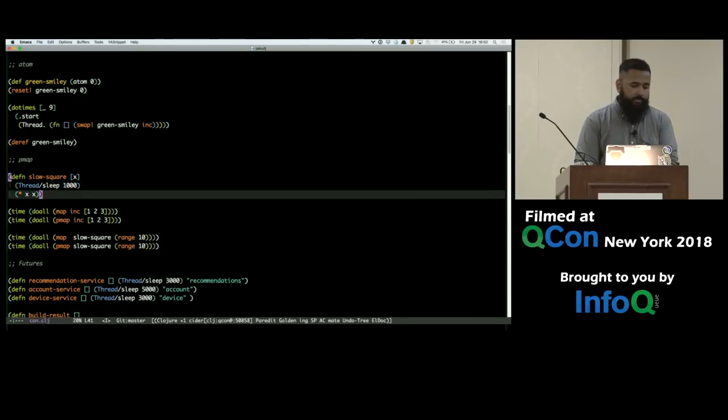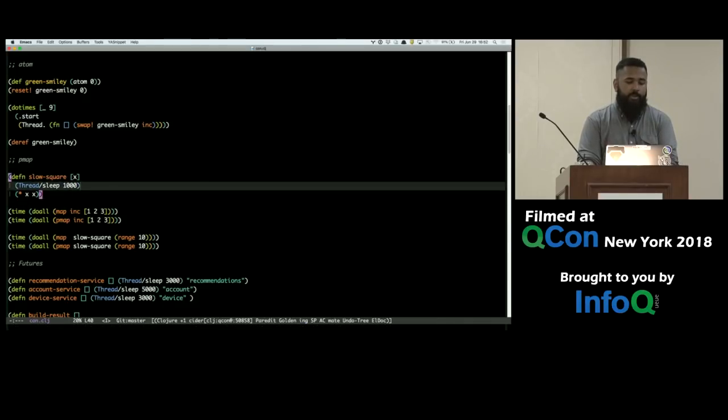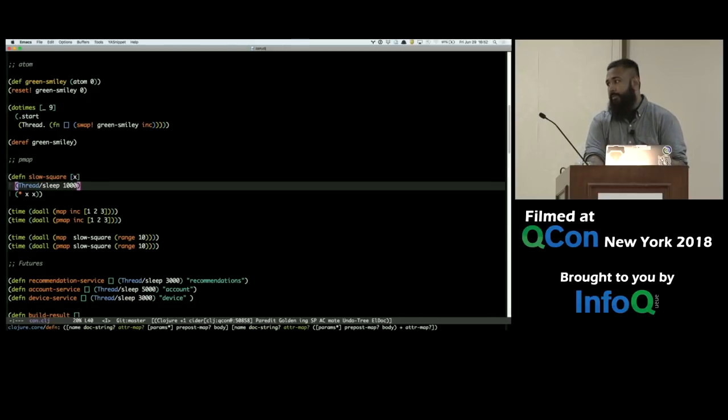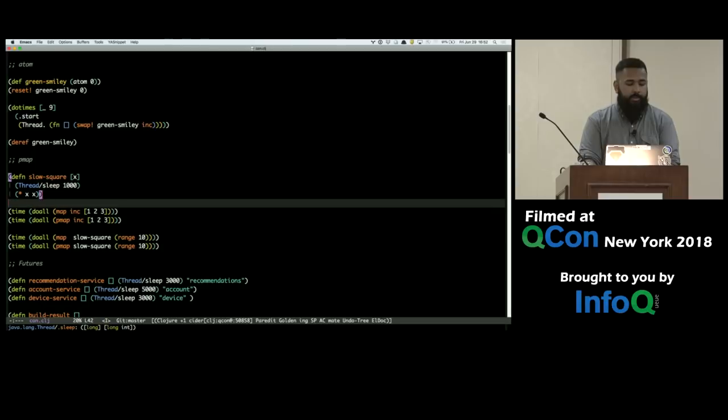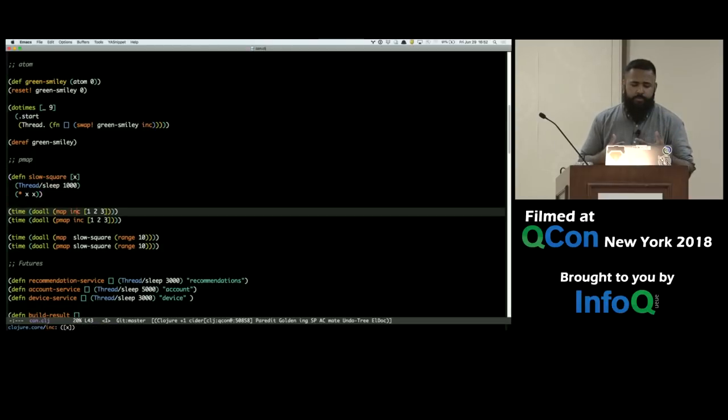So that's an atom. I'll just stick with the code for now. Here we have a simulation of a slow square function. What it does is just multiplies the value that you're passing into it, and it's going to sleep for 1 second. So right out of the box, if you want to make your system faster, Clojure has this higher order